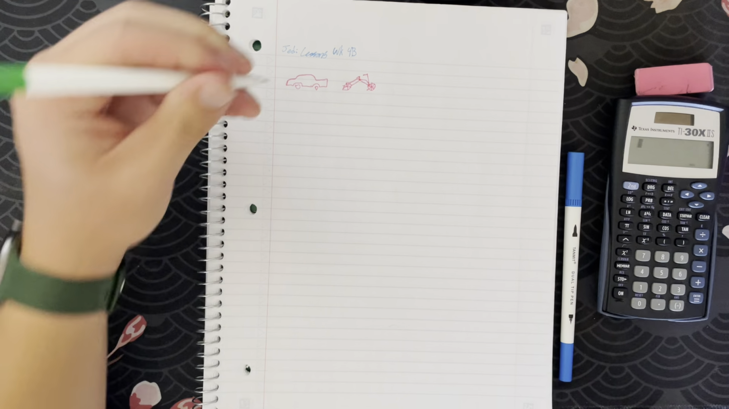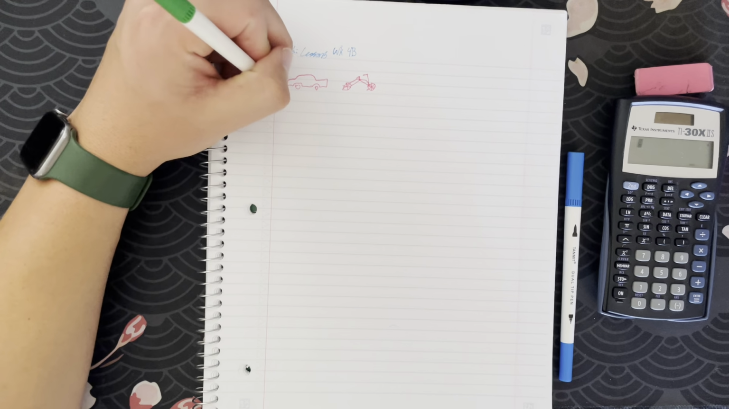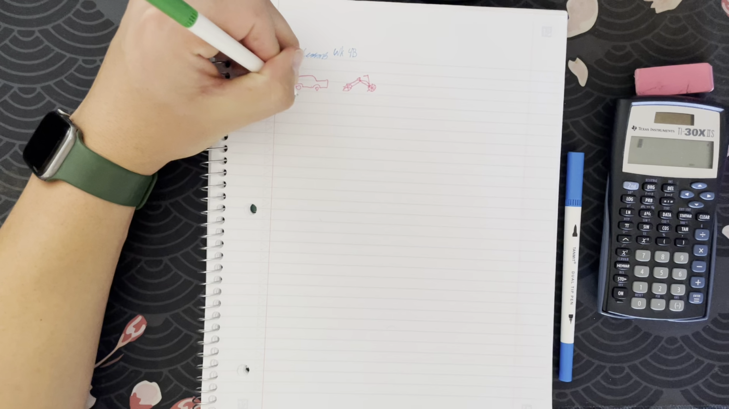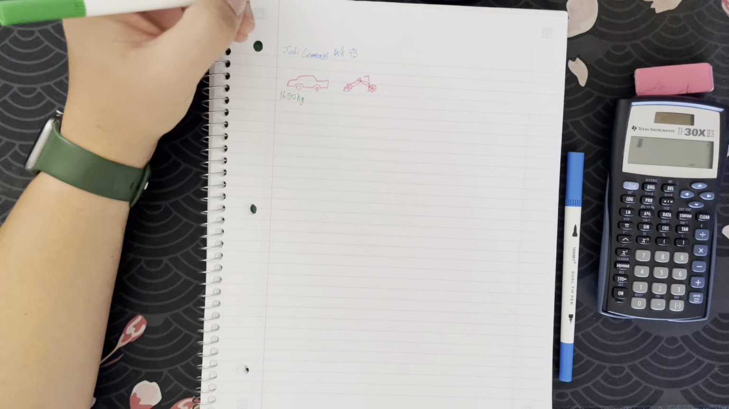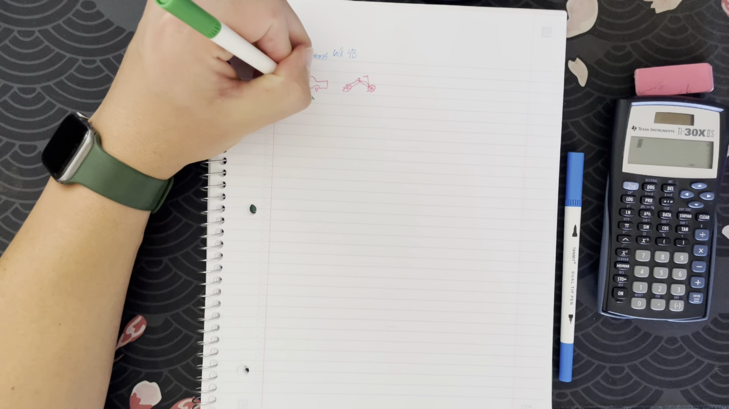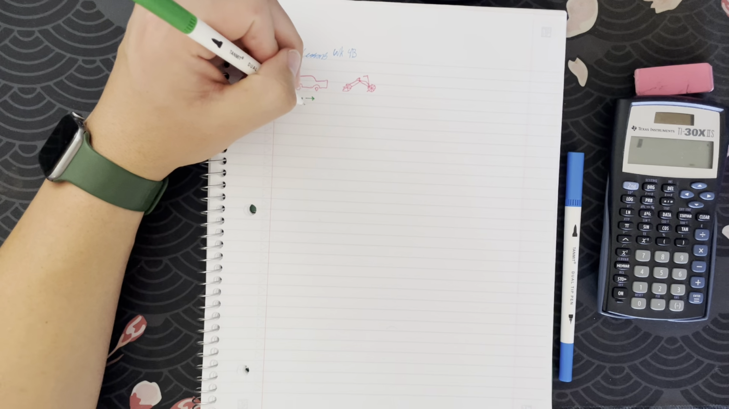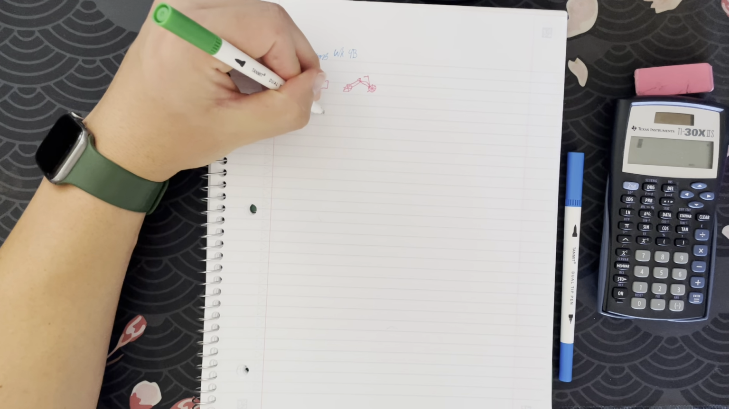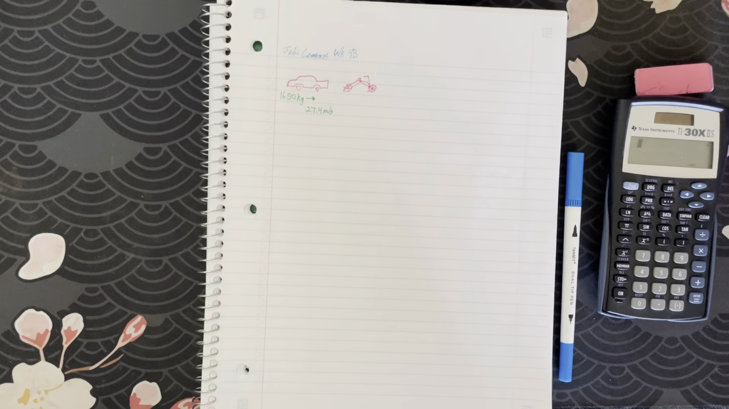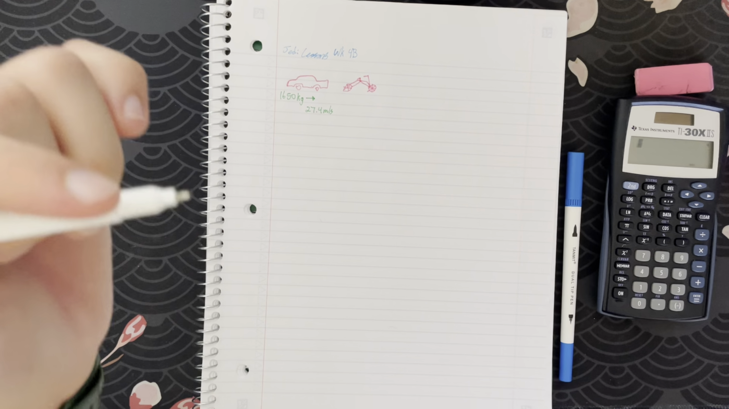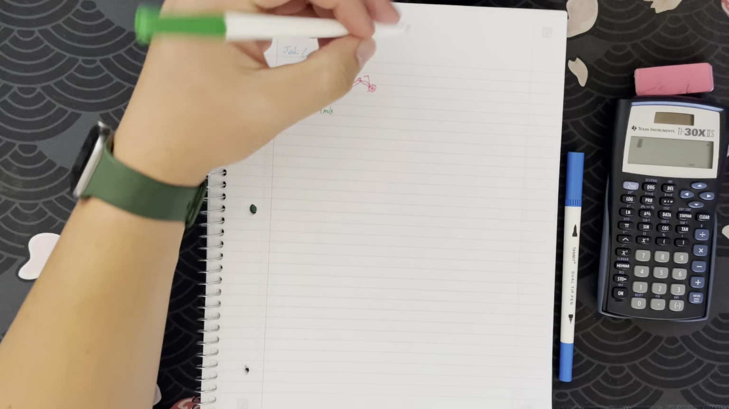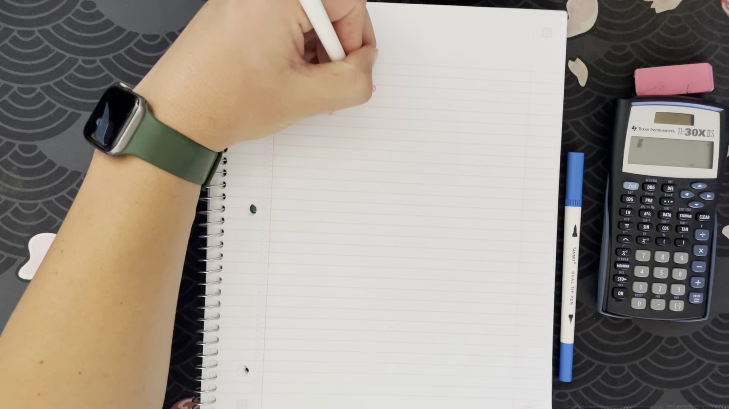But we were trying to figure out, a 1,650 kilogram car is traveling at 27.4 meters per second. Pretty heavy car. Going pretty fast. How fast must a